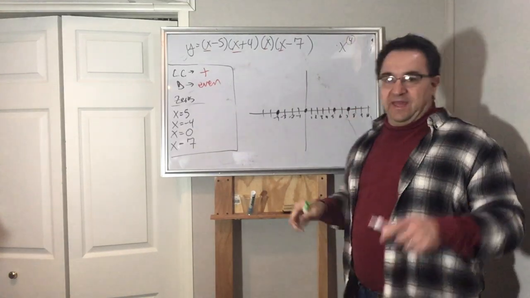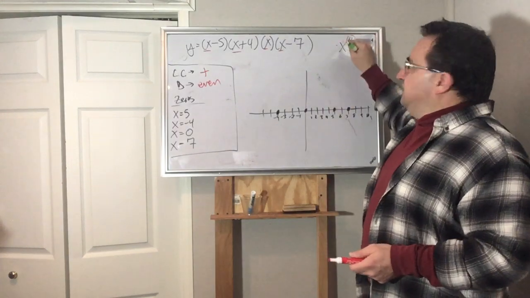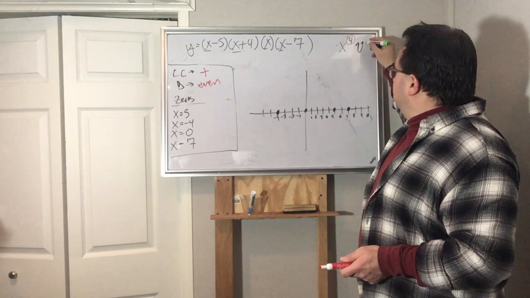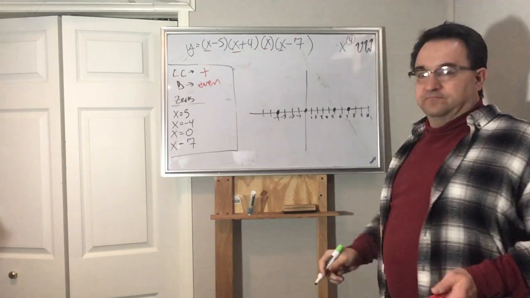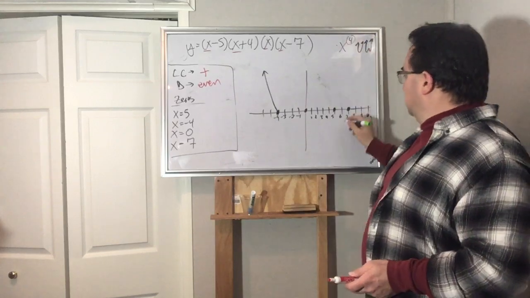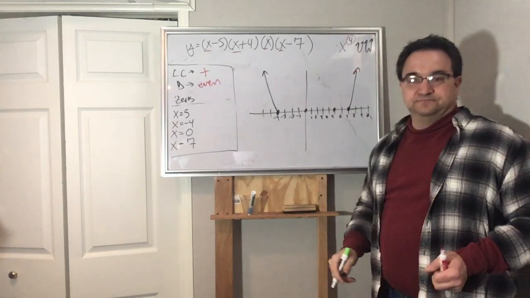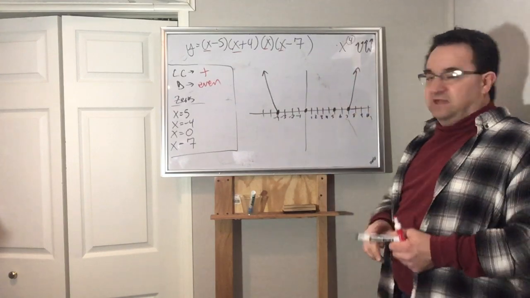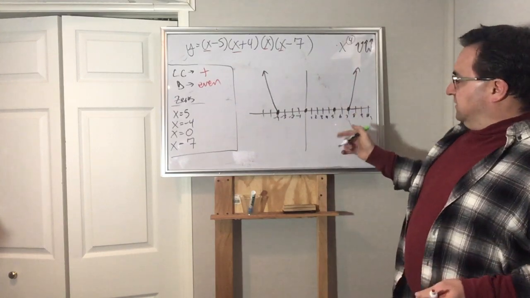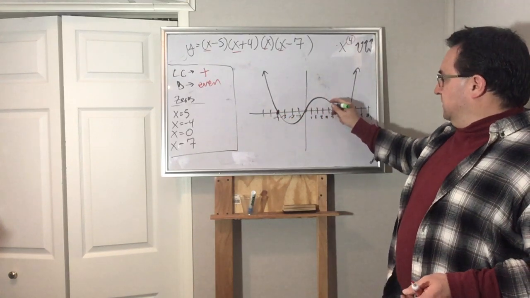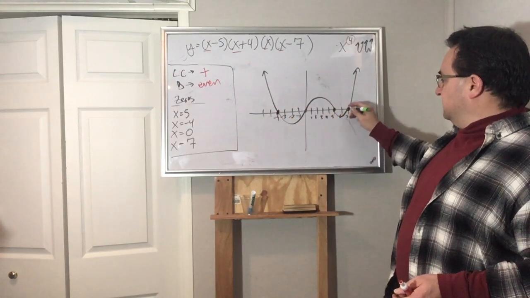So let's see, if I look back in my grid, I see even with a positive, that is a parabola or W shape. So it has to go up on the left and up on the right. And in the middle, I got to somehow weave in and out to complete that picture. So I'm going to go down and then up and then down and then up to complete